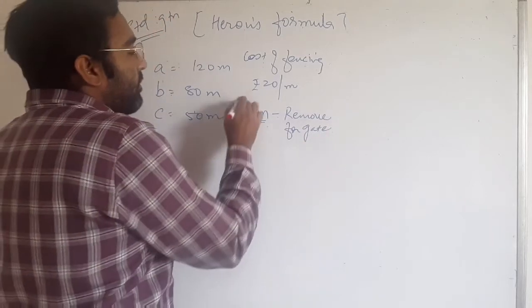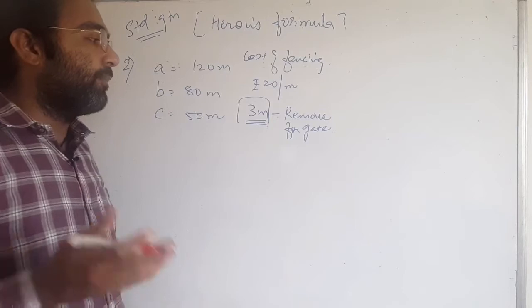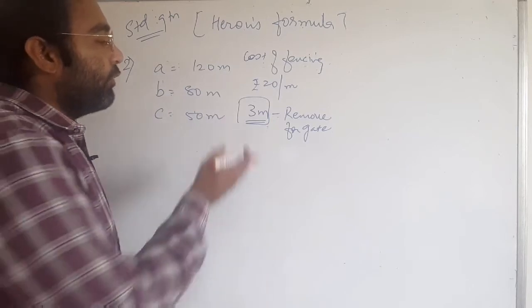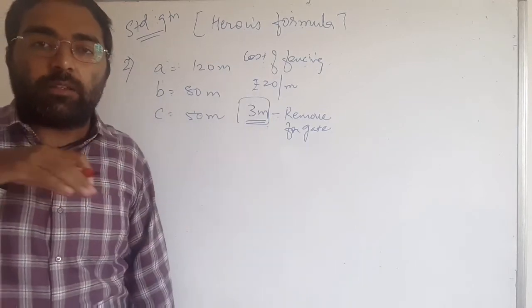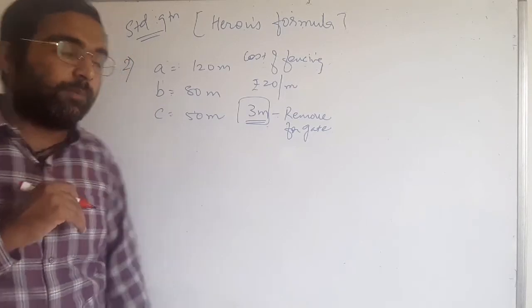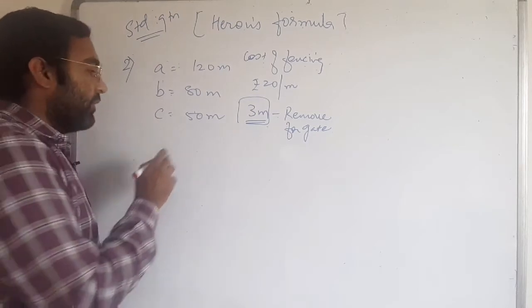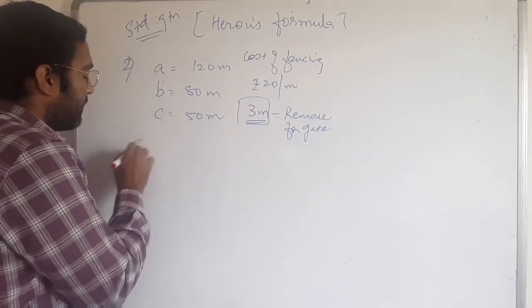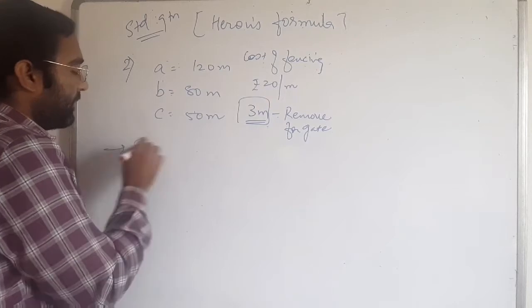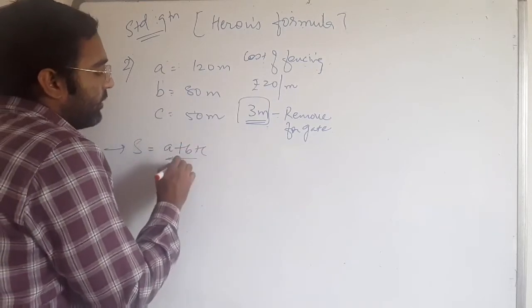So part of the gate we are not fencing at that point, so we have to remove that part of the length of the triangle from the whole perimeter of the triangle. So now we have to find the area first of all. So let's start. We have to find S, the semi perimeter, that is A plus B plus C by 2,